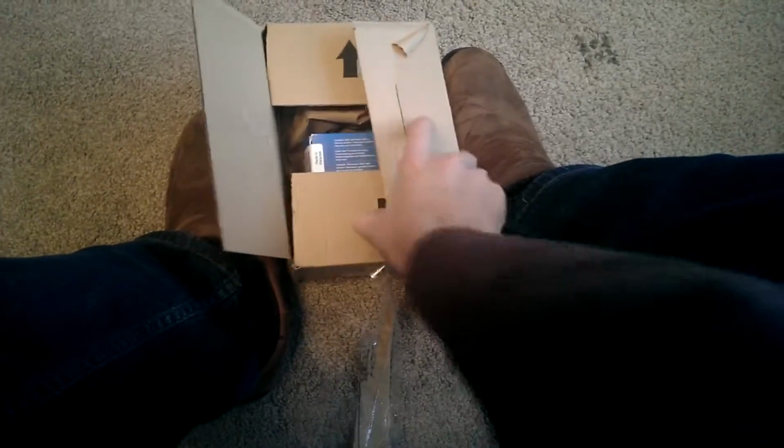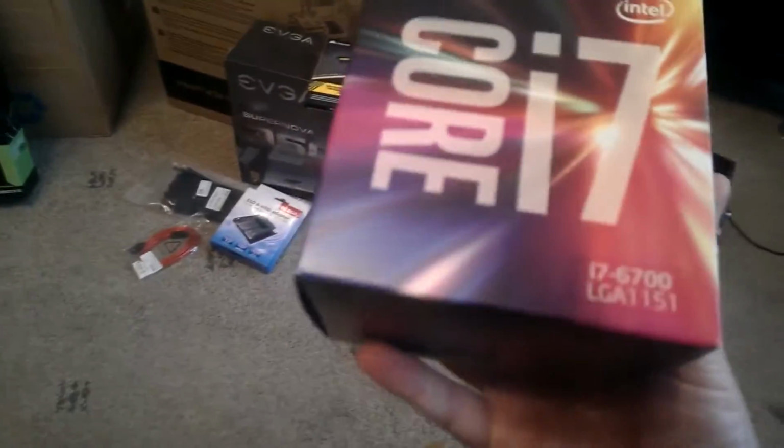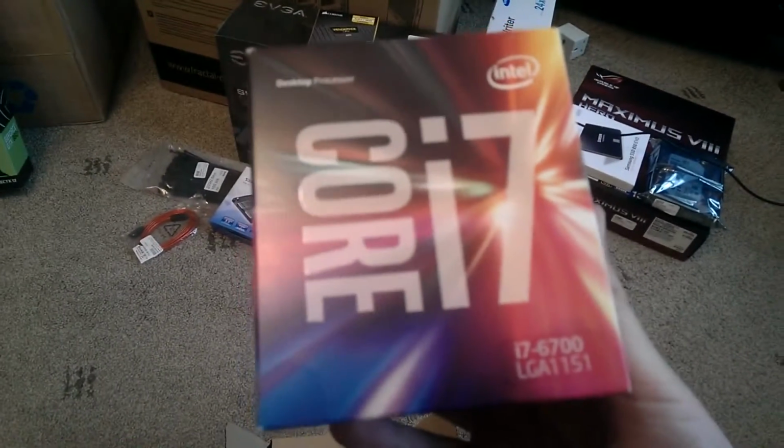Well, given that Royal Mail delivered this at 8 AM, thanks Royal Mail, I was very fortunate to get that. It could only be one thing. Oh, it's looking good. Made in Malaysia. The Core